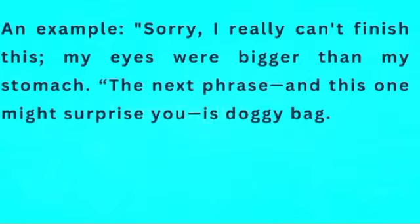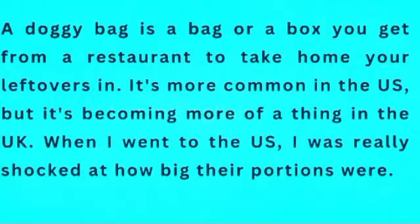The next phrase, and this one might surprise you, is doggy bag. A doggy bag is a bag or a box you get from a restaurant to take home your leftovers in. It's more common in the US, but it's becoming more of a thing in the UK. When I went to the